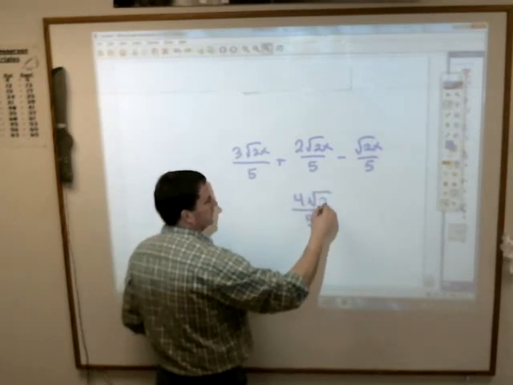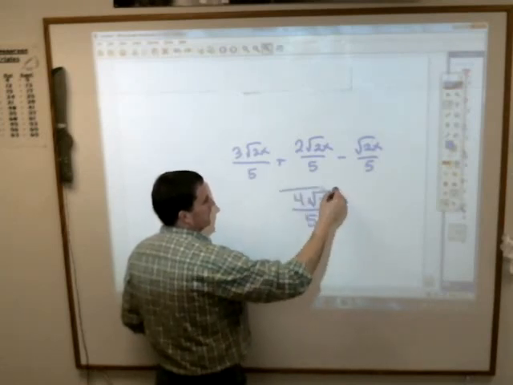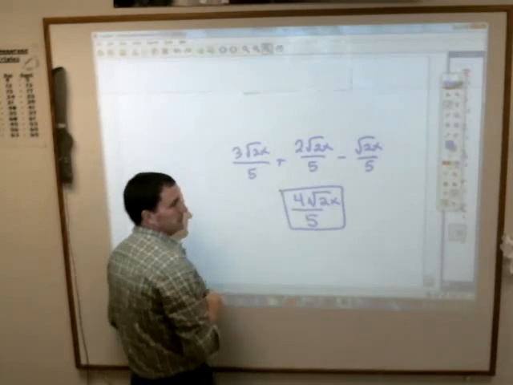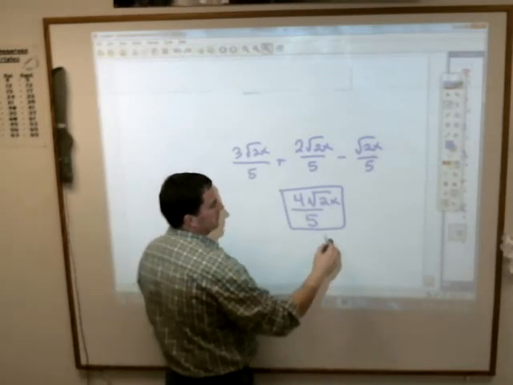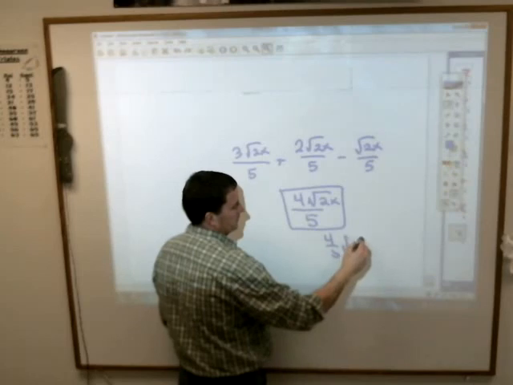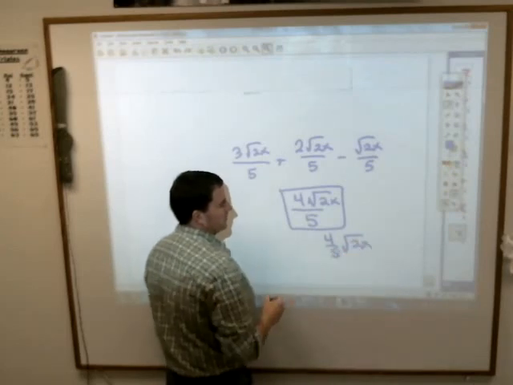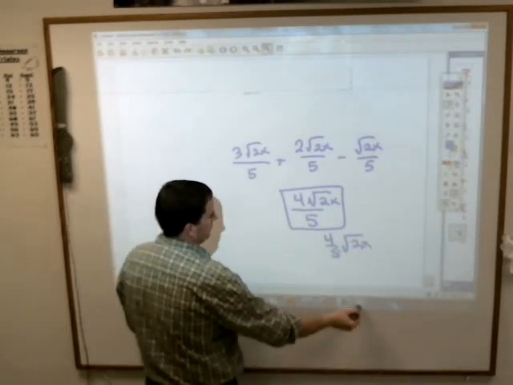square root of 2x. And that, ladies and gentlemen, is all you could do. You could also call this 4/5 times the square root of 2x. But that's all she